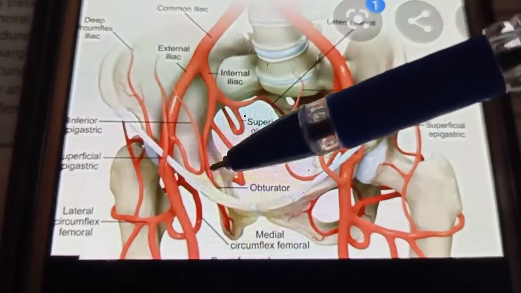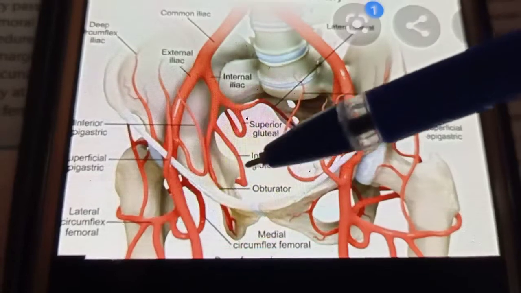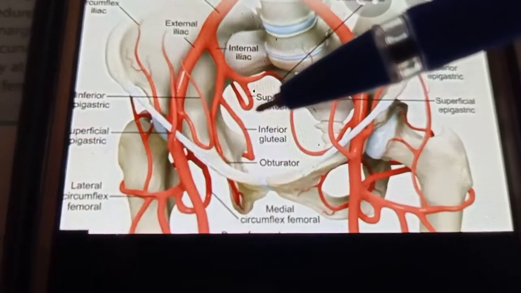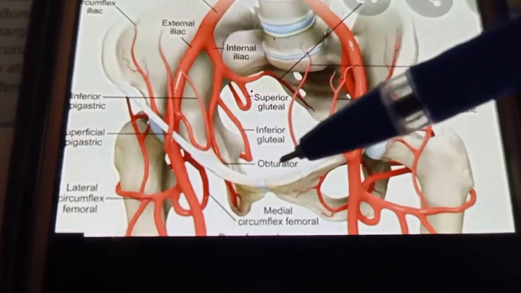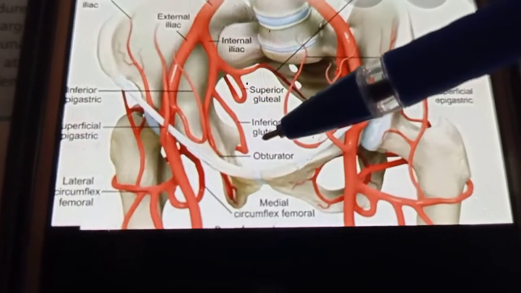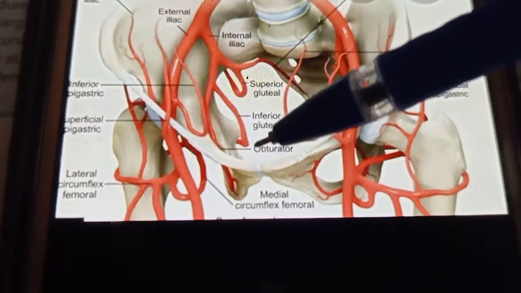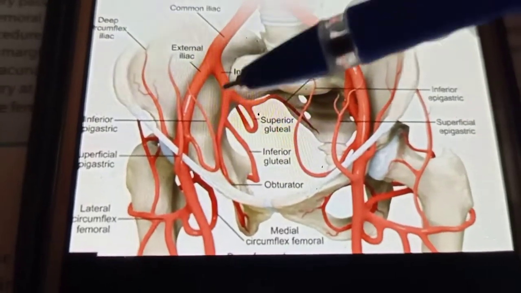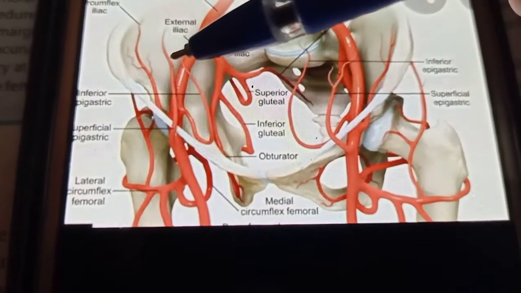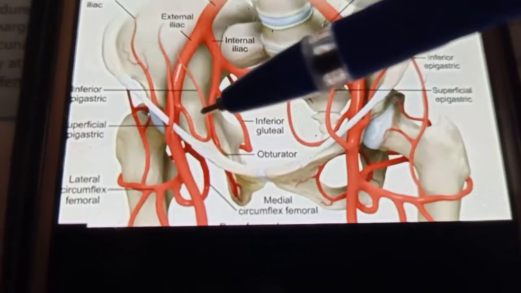So while passing through the pelvic area, it is giving branches. So it is giving what branches? Giving branches to the urinary bladder, which is just behind the pubic symphysis. It is giving nutrient vessels to the ileum, and a pubic branch.